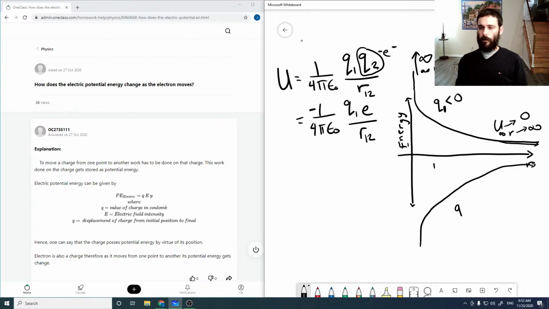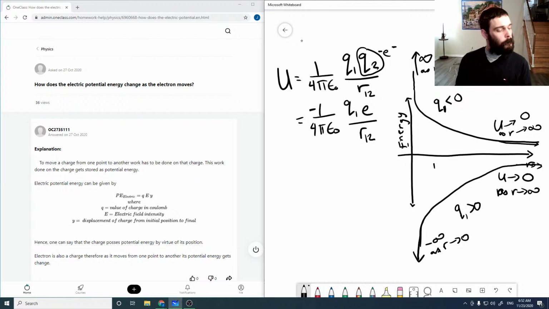On the other side, if Q is greater than 0, so we have a positive particle, then this goes to negative infinity as R goes to 0, as they want to be as close together as possible. But then the energy still goes to 0 as R goes to infinity. So these two will eventually meet each other as R goes to infinity. Now, that's one way of looking at it. If we look at the solution here,